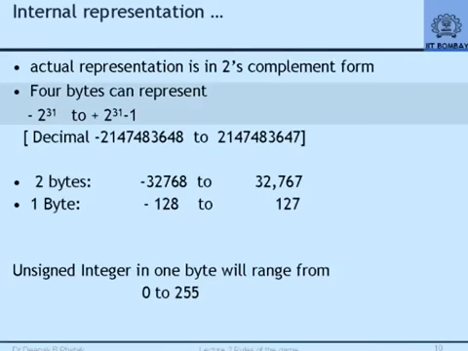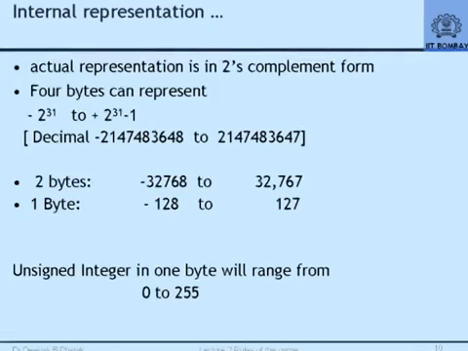Sorry? No. We had in the previous case plus 0 and minus 0. What I am saying is, we are not going to the details of how, but there is a complicated mechanism called the 2's complement representation. We are not looking at it. That 2's complement representation represents every number uniquely, there is no plus 0 minus 0, there is only 1 0 there. That representation is different, we are not discussing that. However, when that extra value which was lost earlier is restored, I will get the complete range of values from minus 2 to the power 31 to 2 to the power 31 minus 1. How it does, we are not discussing, and we are not bothered.